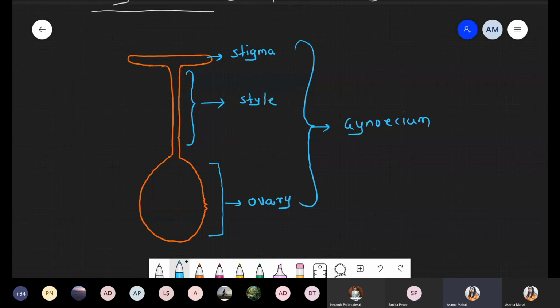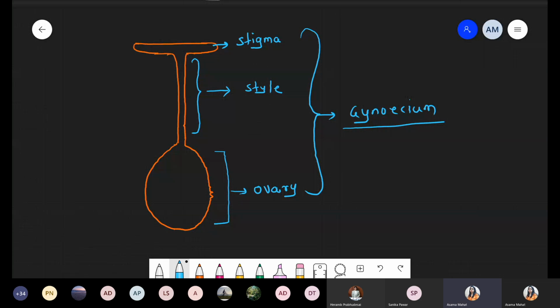It represents the typical structure of the gynoecium, because whenever we talk about the stamen, it consists of filament and anther. Same scenario with respect to the gynoecium, that is the carpel. The carpel consists of a total of three parts: stigma, style, and the ovary. Now, the name of the chapter is morphology of the flowering plant. Flowering plant means we have to discuss angiosperm. Inside this angiosperm, there is one characteristic feature, that is placenta. At the base, there is a presence of placenta.